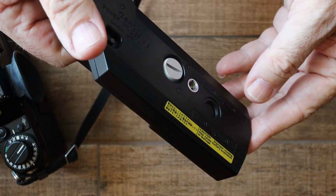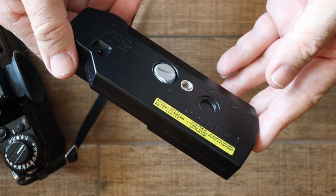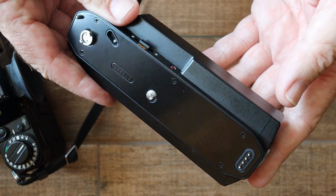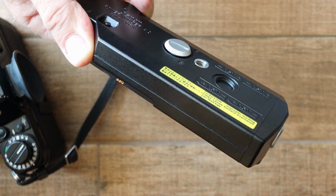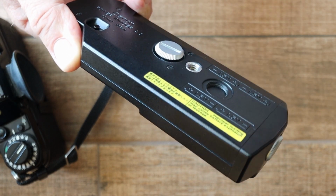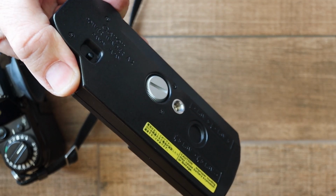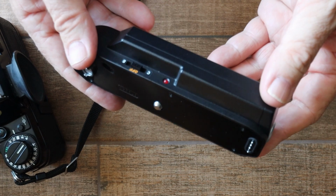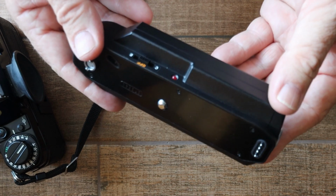Another option is this Power Winder. This is the Power Winder A2. And it will advance the film at about 2 frames per second. Not particularly quick, but it just means that the film will be advanced automatically and you don't have to do it manually. Prior to this one, the Power Winder A2, there was a Power Winder A, which did basically the same